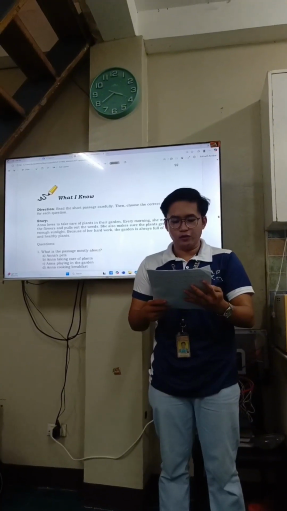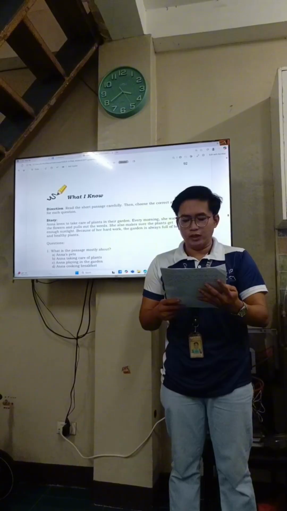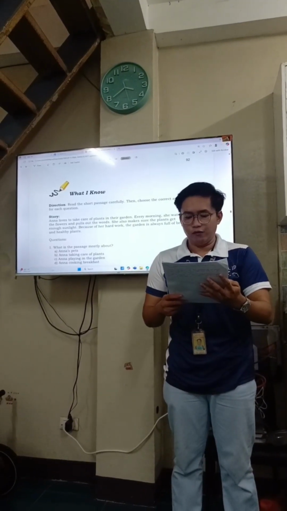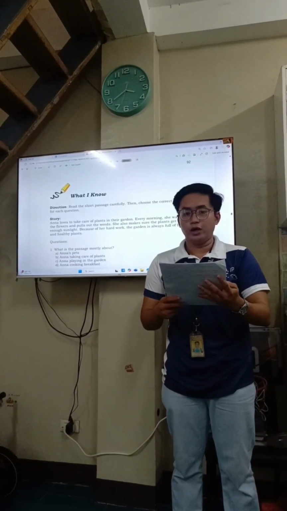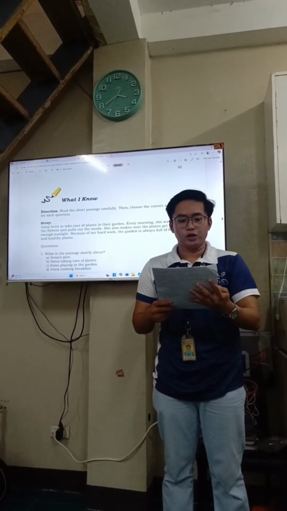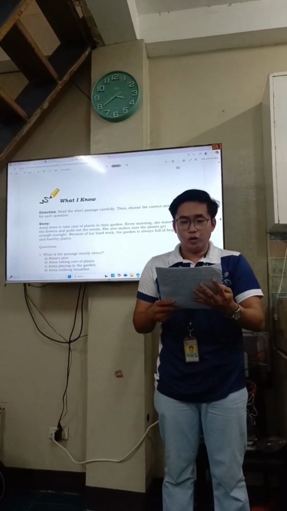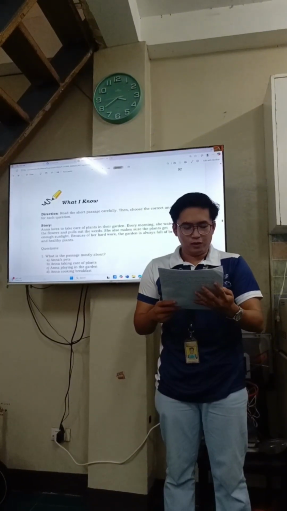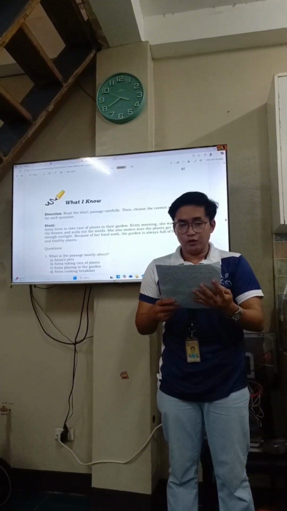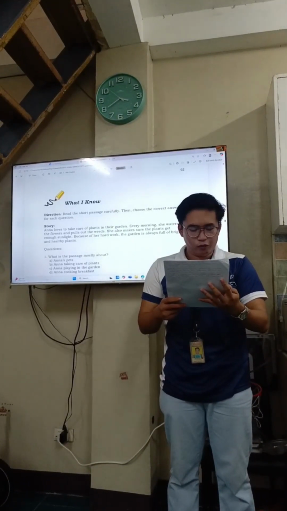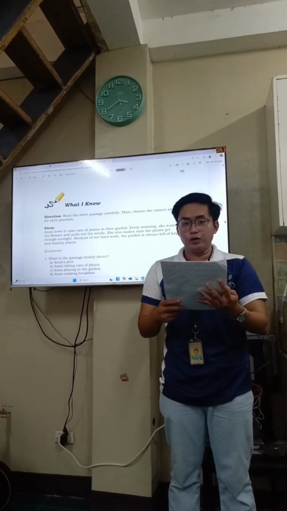To test the prior knowledge of your learners about story events, let them answer the short activity in the What I Know. Give clear instructions and enough time for the learners to read the short passage about Anna taking care of her garden. Ask learners questions such as, what is this passage mostly about? What details show what Anna is doing? What sentence best tells the main idea? This activity introduces the predicting stage of RTS. Learners start forming ideas about the story and its important details before moving to deeper understanding.